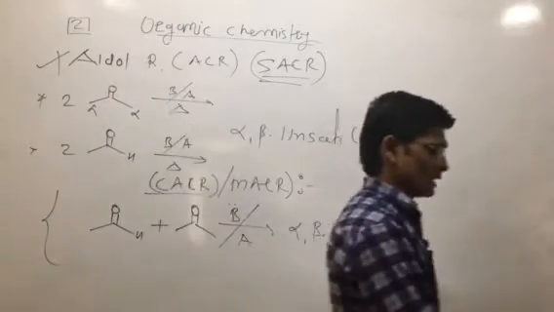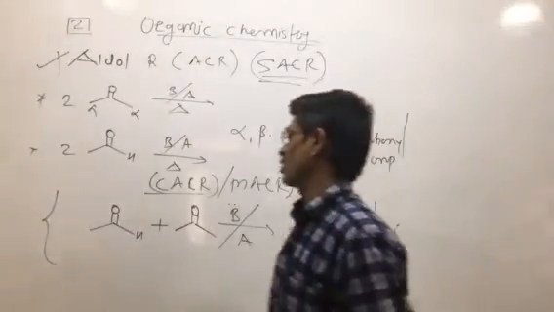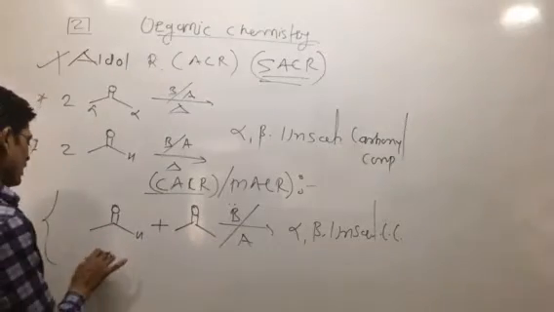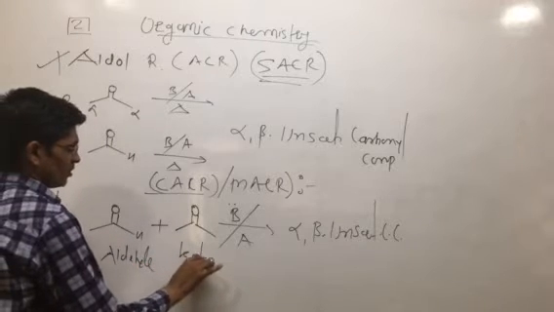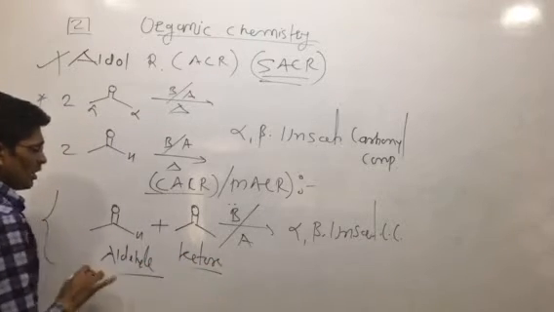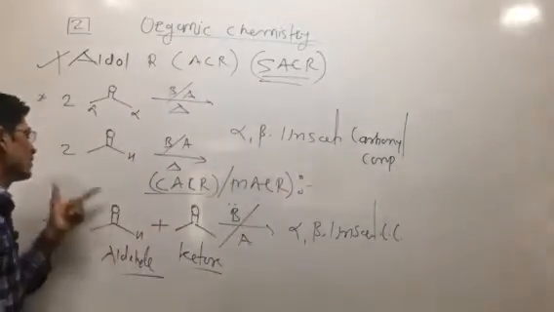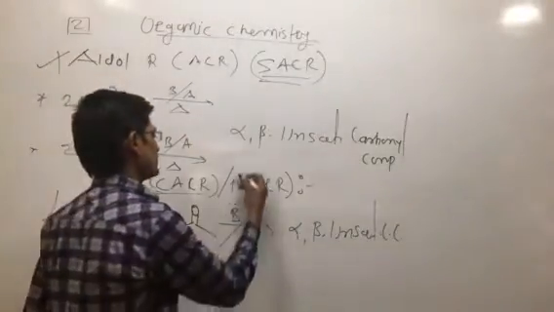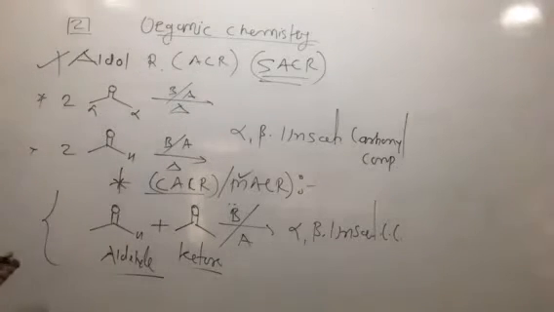इसको mixed aldol condensation reaction कहा जाता है. So the starting reactant molecules are two different carbonyl compounds, an aldehyde and a ketone. Aldehyde और ketone दोनों का reaction, both are different, it is not a similar reactant molecule, the carbonyl compounds must be different. So that's why this is called mixed aldol or cross aldol condensation reaction. इसको mixed aldol और cross aldol condensation reaction कहा जाता है.